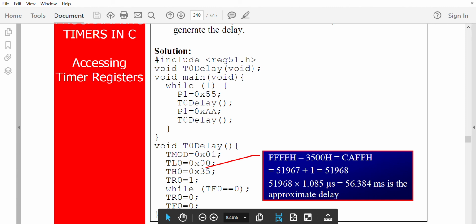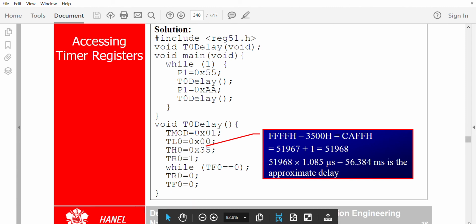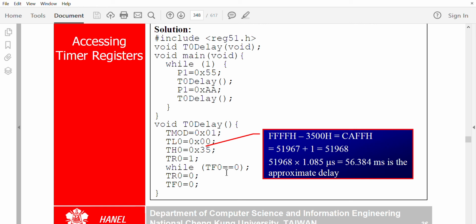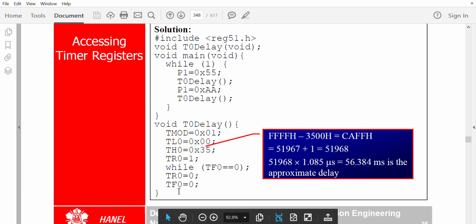Then you have SETB TR0. Here we have moved 1 to TR0. That bit is made equal to 1 in the T count register. Then when TF0 equal to 0, that is jump if no bit, for that particular loop. So this is clear TR0 and clear TF0. So the same program, the same ALP, we have written using C.